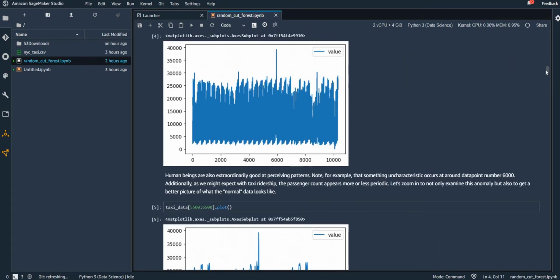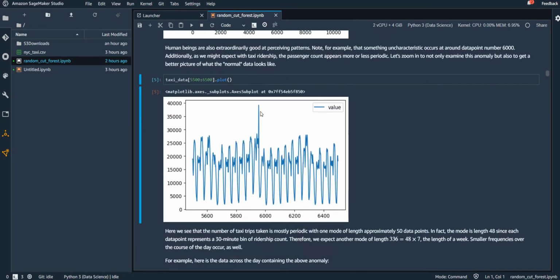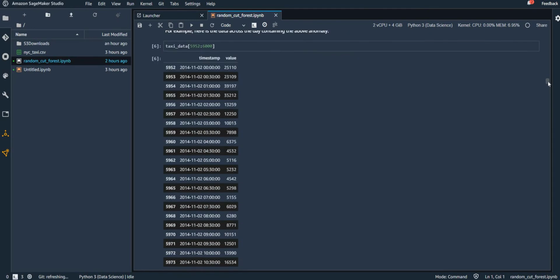So what I have now done is taken data points between 5500 to 6500, because I know that there's something around 6000. So 500 points here, 500 points there. So I still see a spike around this point. So this I can now get, it's around 5900 or 6000. So I'll just take 50 data points.